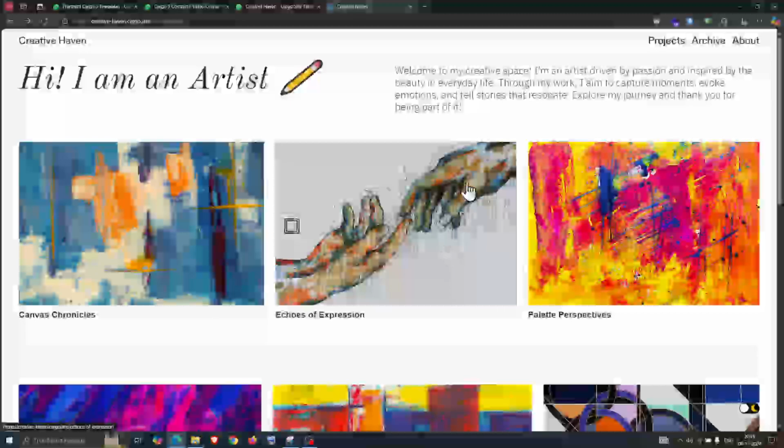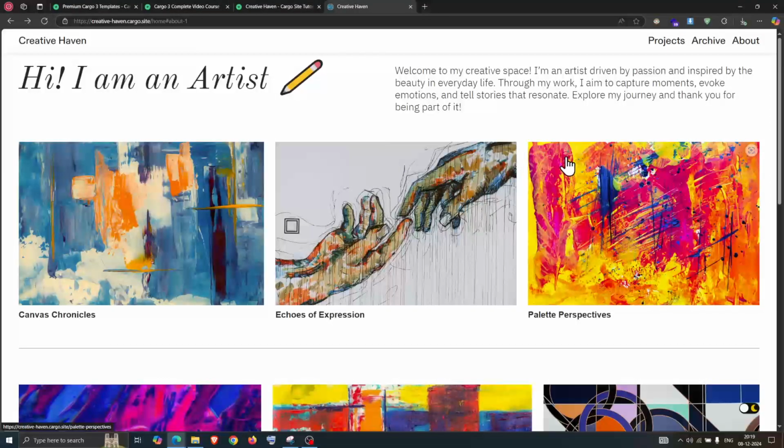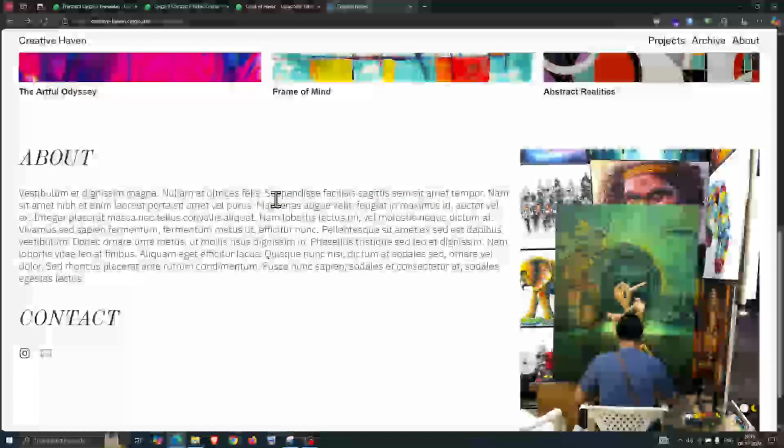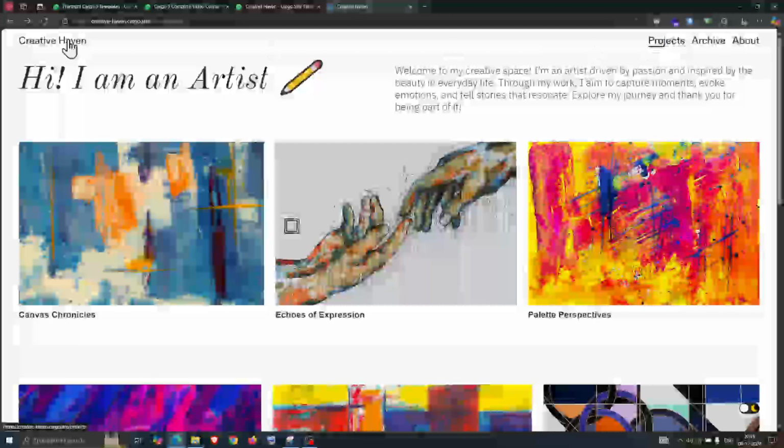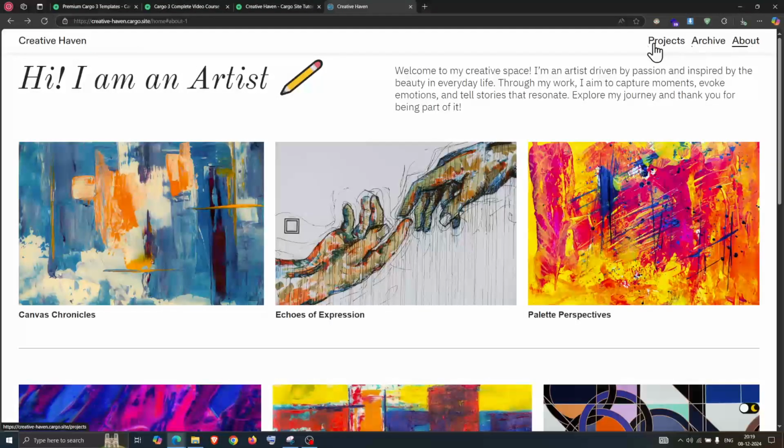It is created using a simple Cargo 3 gallery, because I cannot use the Cargo 3 index here. I have added the images and then linked them with the project pages. This is the thing which I wanted to mention, and there is a little bit of animation which I have added.